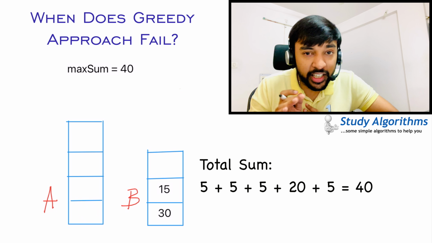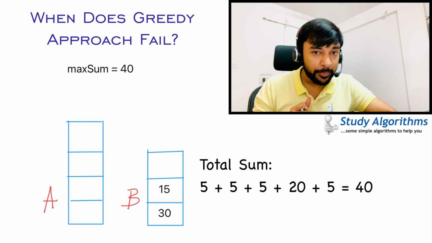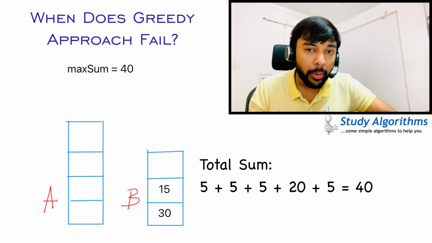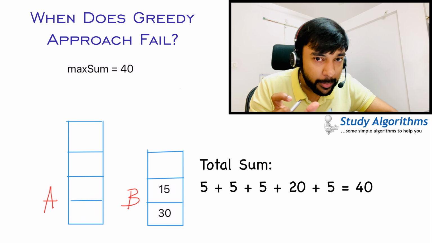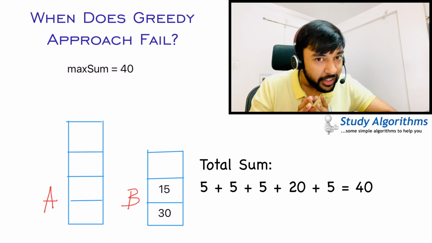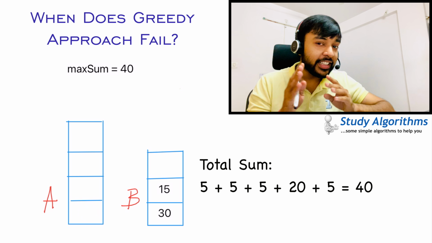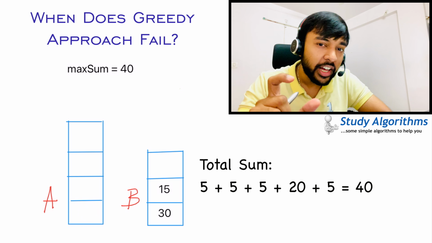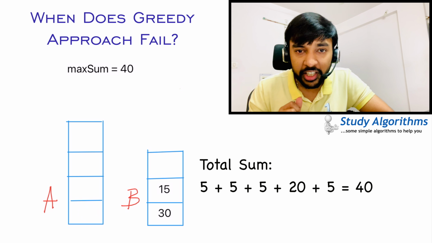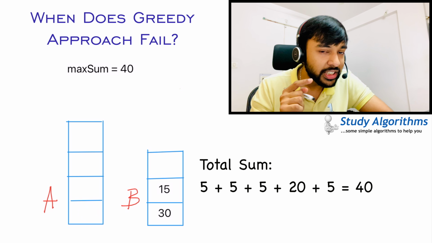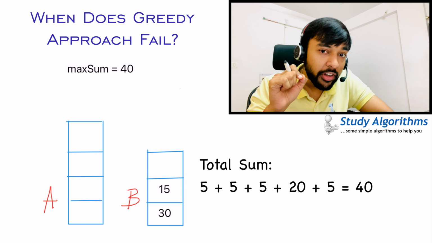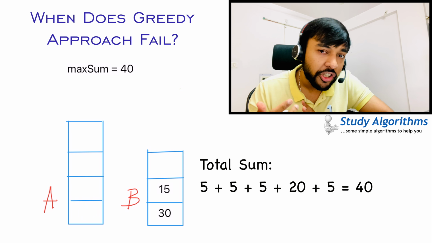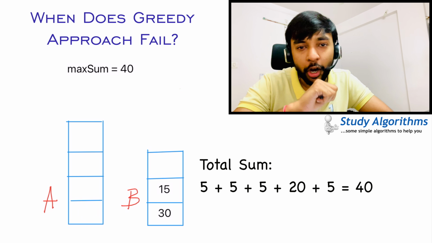So you see the sum now is 40, and hence you cannot pop out more elements. But if you count the number of elements that you have popped, those are 5, right? And hence this is greater than the number of elements that you could pop out from a greedy approach. So this is why a greedy approach would fail in this problem, and hence we will need to find out another efficient way to solve it. Let us see how we can do that.